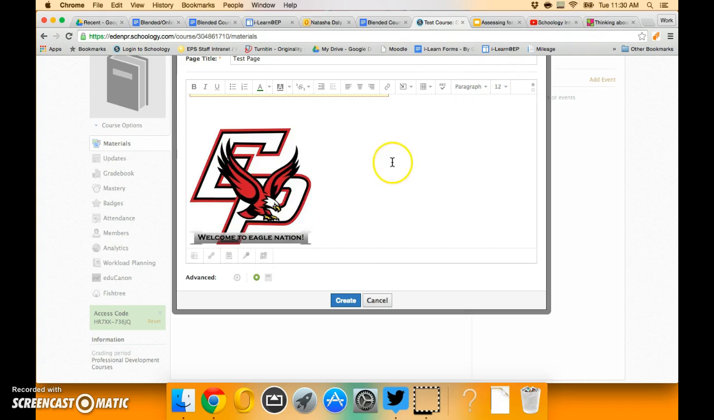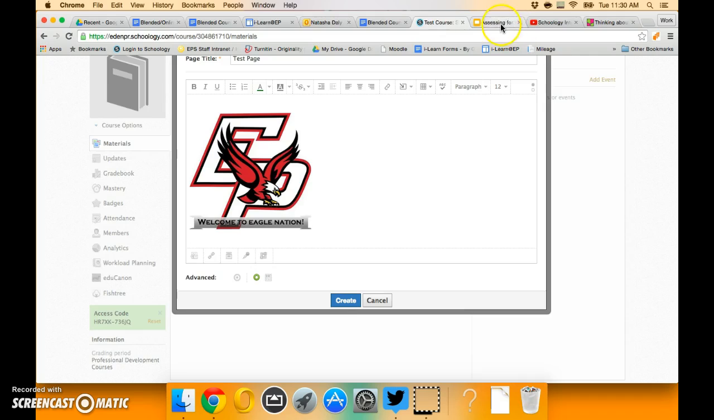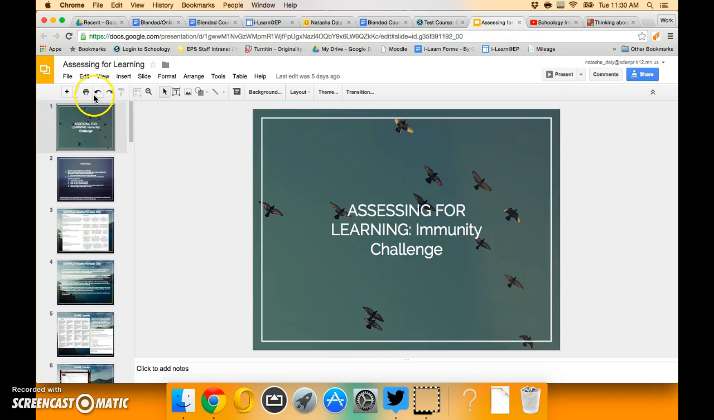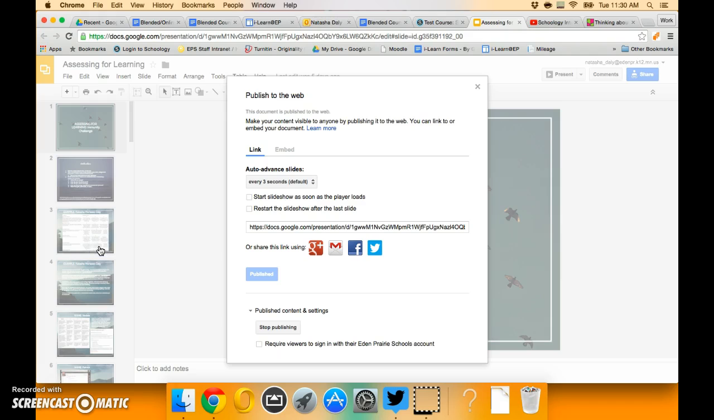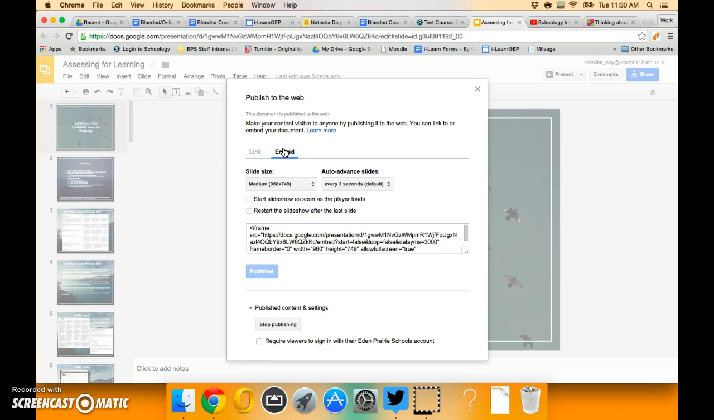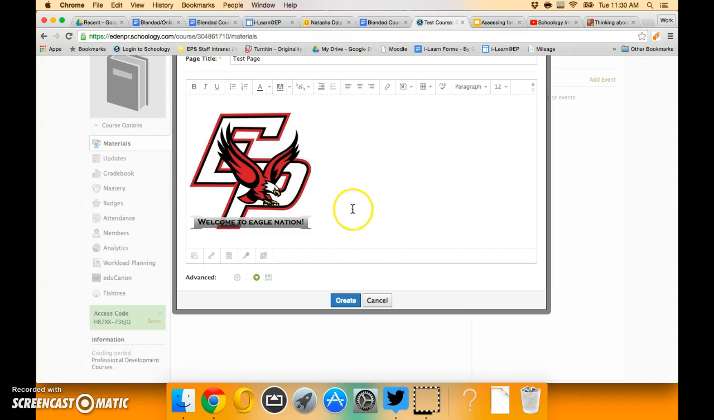I do have the ability, as mentioned before, to embed other types of content. For example, one last one I'll show you is a Google presentation. In order to embed the presentation, rather than link it, I need to say publish to the web. You don't actually have to publish it to the web to get the embed code. Here I have a link or embed code, and what I need is the embed code. So I click on that, and I just copy and paste this embed code right here,